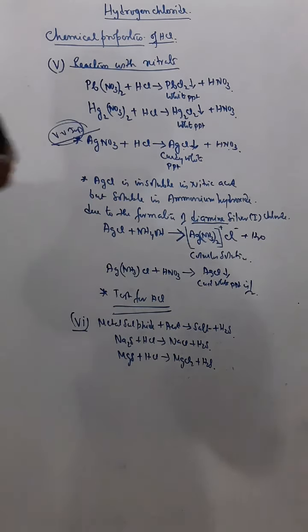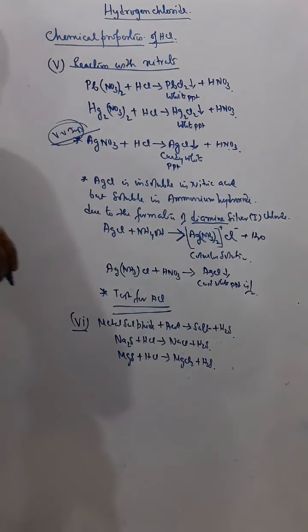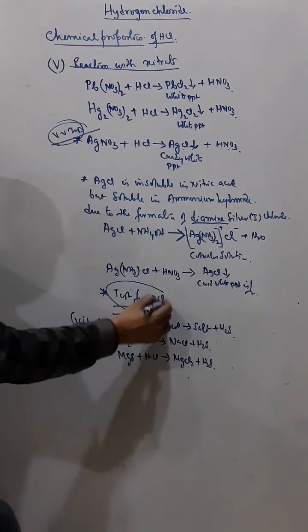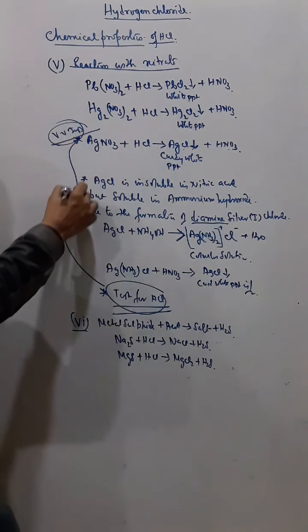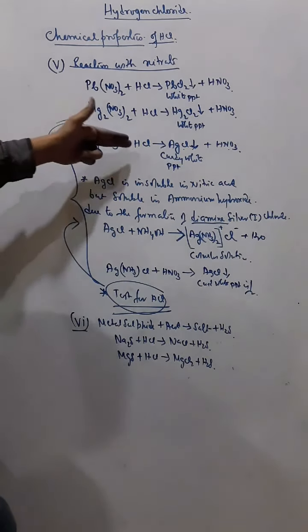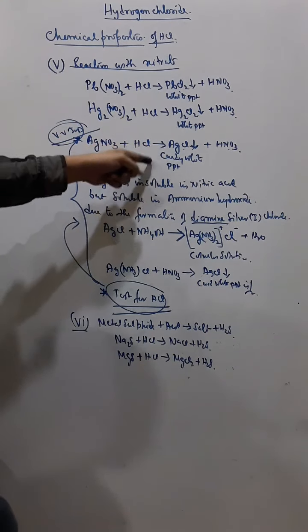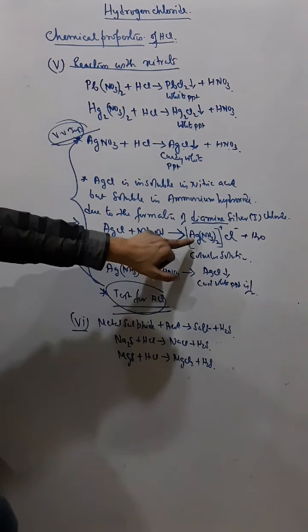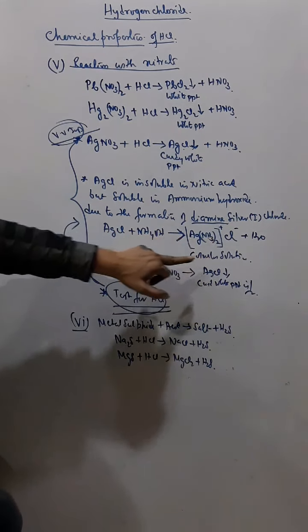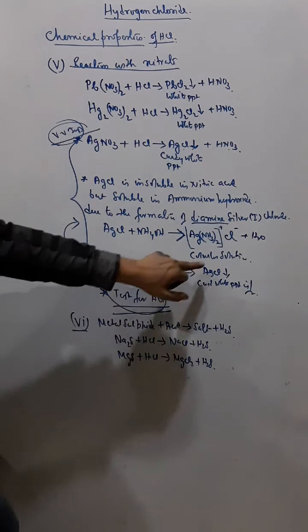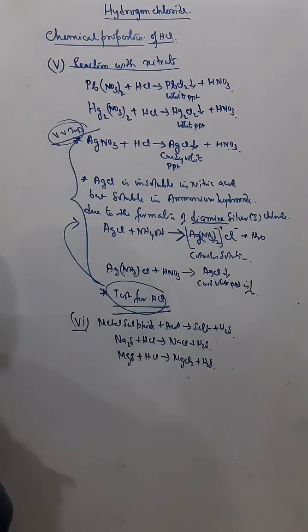So that means you can understand. Now after this is the test for HCl. One of the tests for HCl I have already told you, and this reaction is very important. So how can you test hydrochloric acid? Silver nitrate and HCl give a curdy white precipitate which is insoluble in nitric acid but soluble in ammonium hydroxide solution due to the formation of diamine silver 1 chloride, and this on reacting with nitric acid, again the thick curdy white precipitate is formed. So this is a confirmatory test of hydrochloric acid.